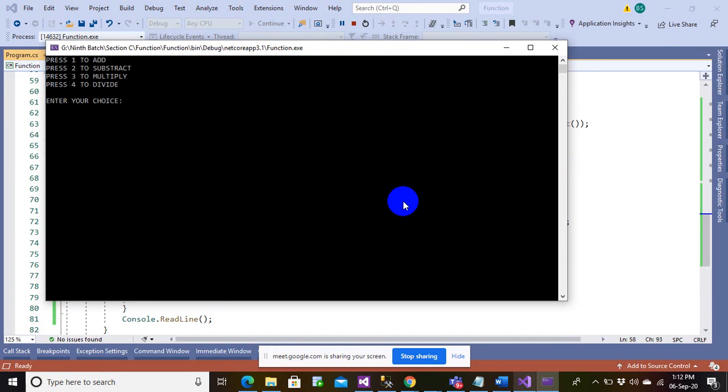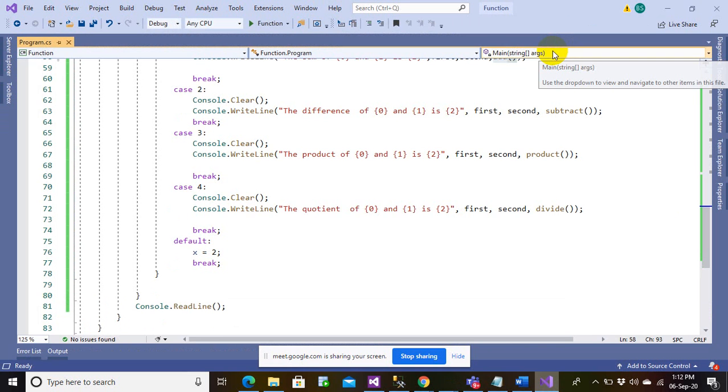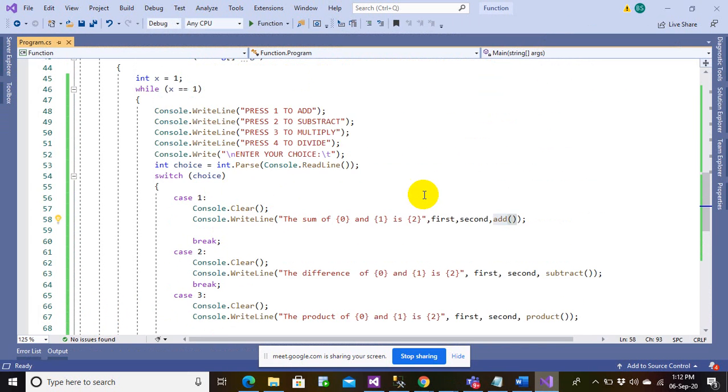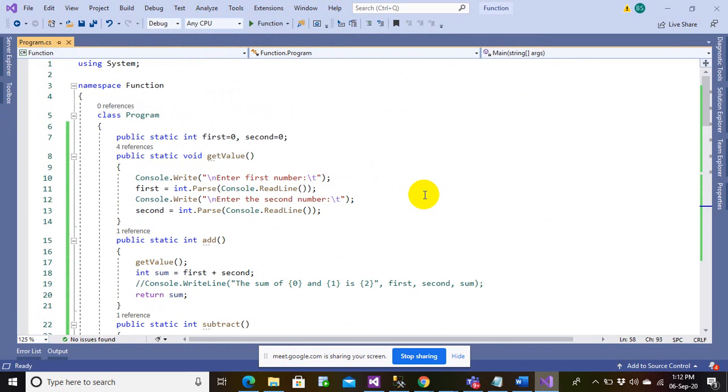Let's say 1, first number 45, 12. The sum of 0 and 0 is 57. Okay, so there is a problem here. You got this 0 and 0 is 57. Alright, no problem. You got this 0 because we have assigned this as 0.